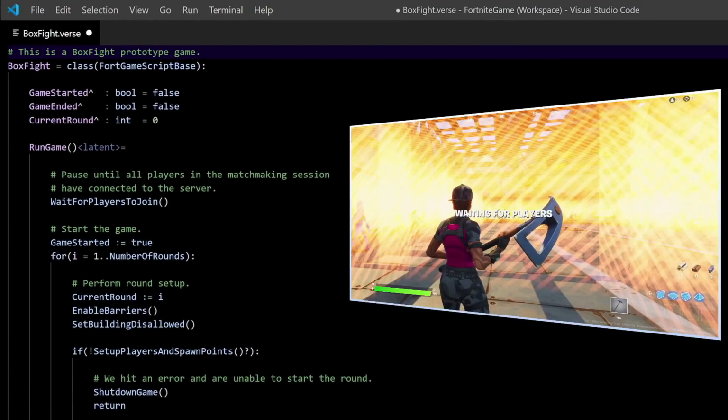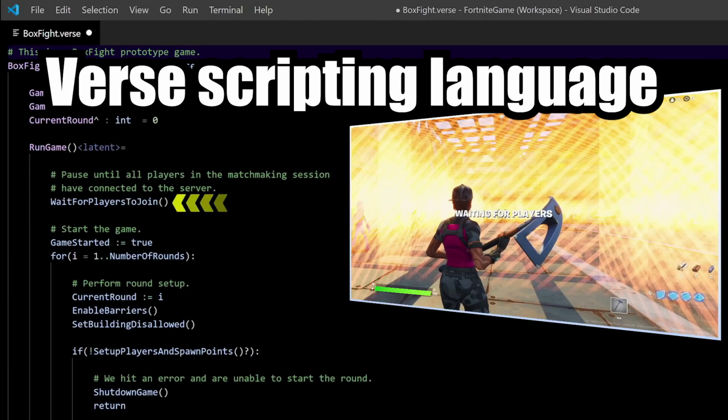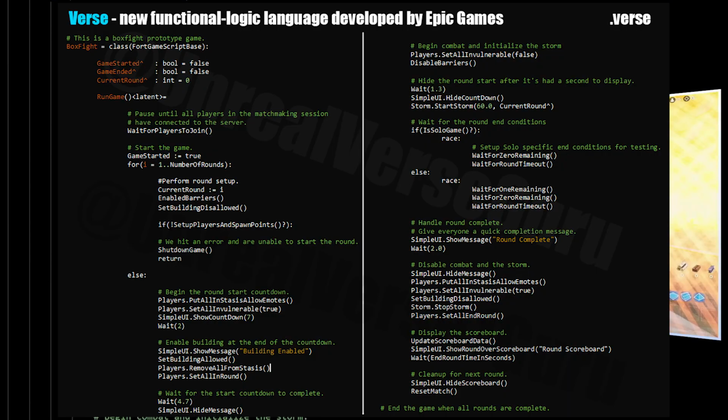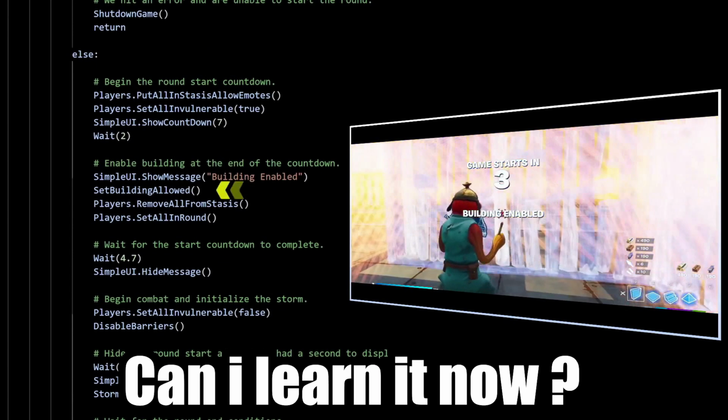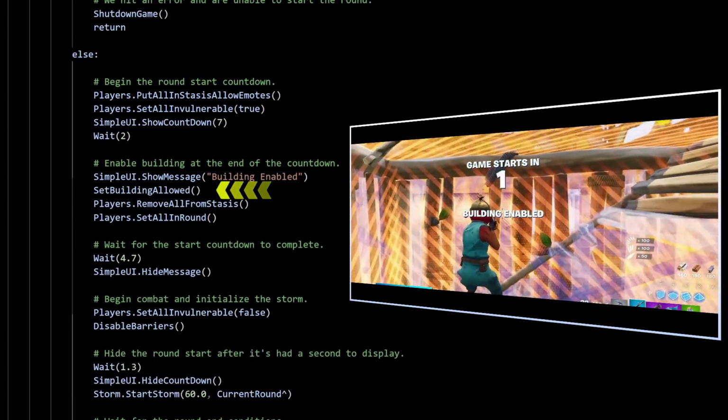Verse programming language. This is a new scripting language created by Epic specifically for Fortnite, but as I said, Epic said that one day it's gonna find its way into Unreal, just as everything that was in Fortnite finds its way into Unreal in the end. How can you prepare? Well, not really much, because there isn't that much that we know about Verse, except a few leaks. It isn't out yet.